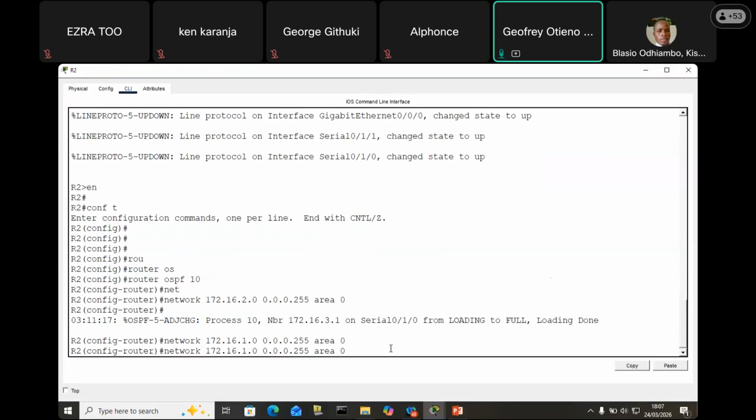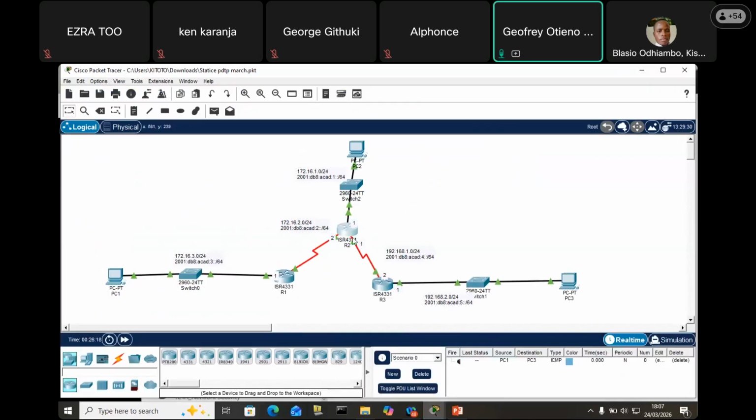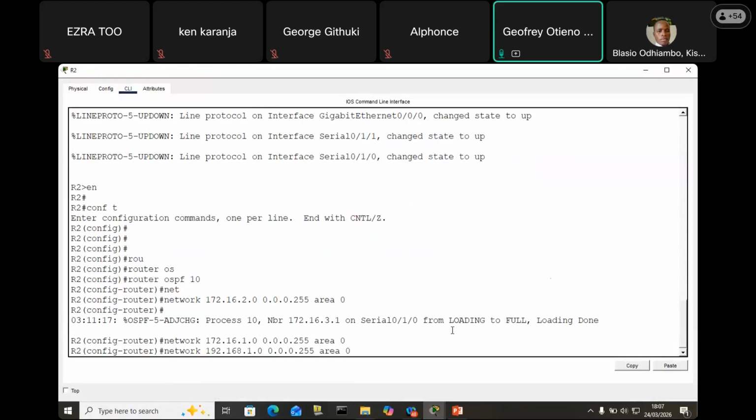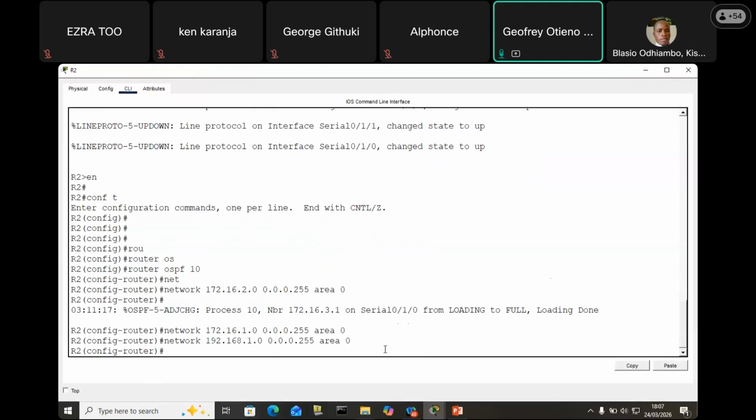So I can just have this 192.168.1.0 as per what we have here. Okay, then you enter. So we have those three networks